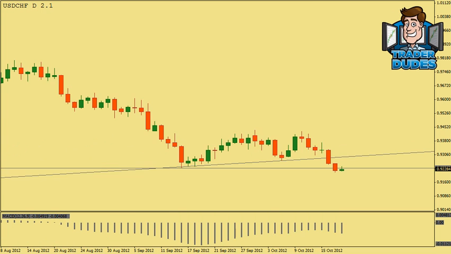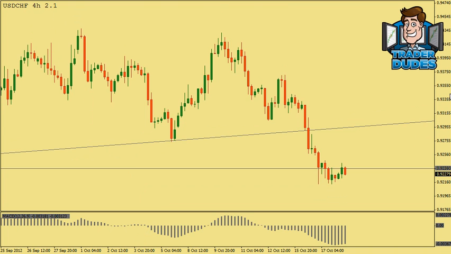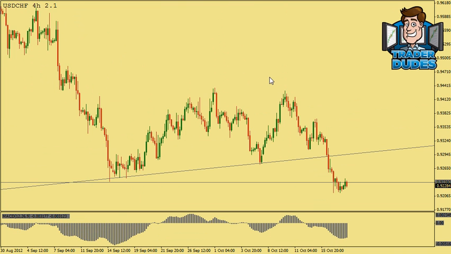In fact, we'll even go down to the 4 hour. That might give us a better view. Okay, so this is the 4 hour view here. So this is the rising trend line here, and we've got the breakdown. We've got the breakdown here. So we ultimately want to see price coming back up to this kind of area here, somewhere here, and then